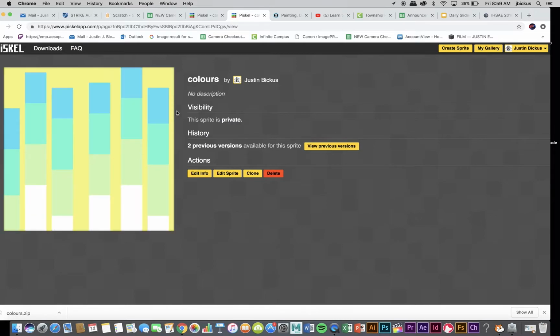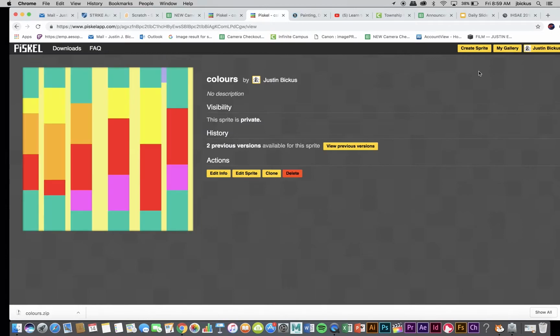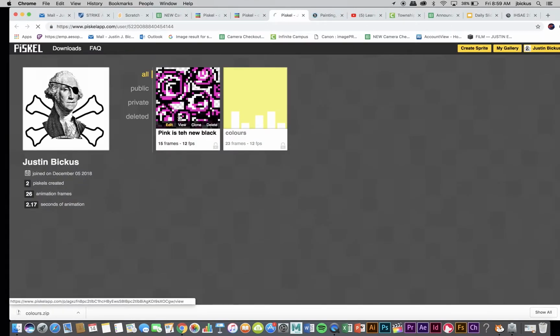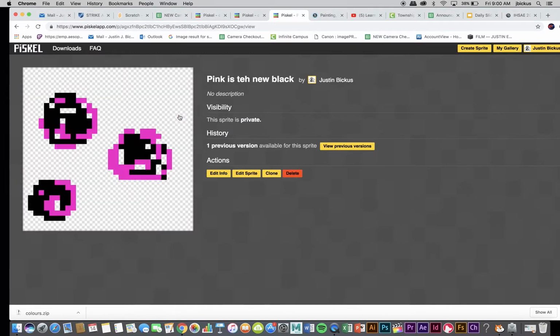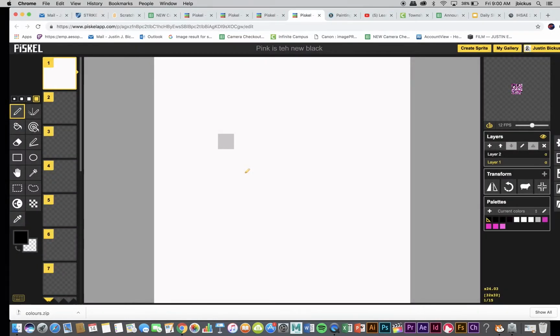You can see the GIF playing right there, and kind of just what it looks like. I'll go back to my gallery. I'll show you the other one that I've created. There we go. All right, so what I'm going to do here is I'm going to go just to Edit Sprite, whichever one I want to use, and